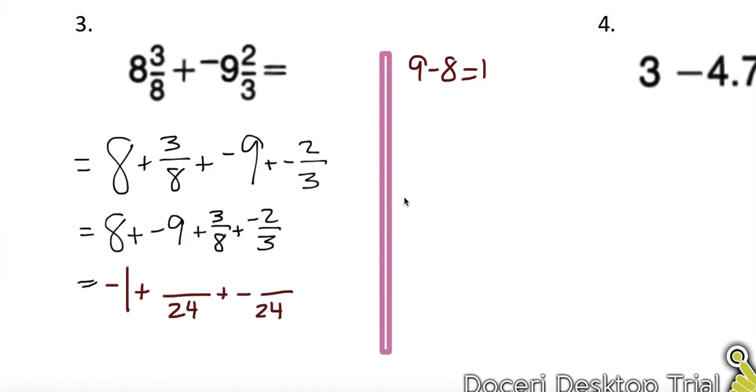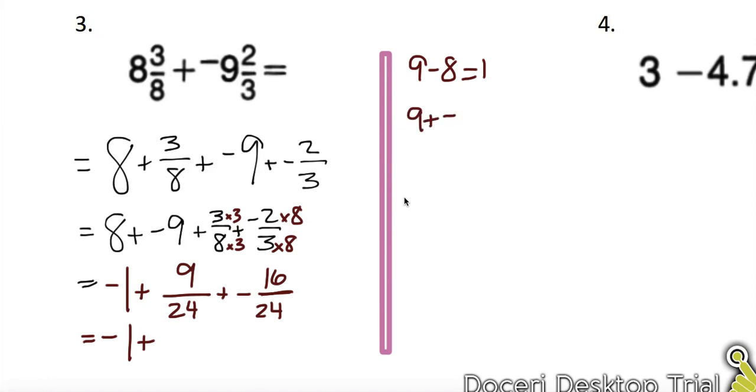My second one is going to be negative. So 8 times 3 gives me 24, so 3 times 3 gives me 9. 3 times 8 gives me 24, so negative 2 times 8 gives me negative 16, but I already have the negative there. Alright, so here I have negative 1 plus